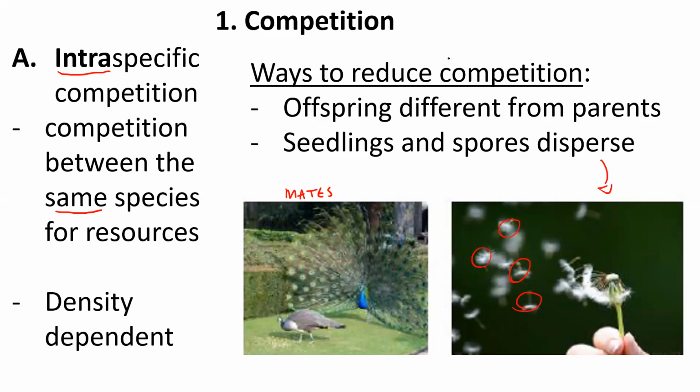Okay, and offspring from different parents. Ways of making offspring different from the parents, rather. Through sexual selection and reproduction, variation is going to actually reduce intraspecies competition because you're going to be slightly different than your parents. You can exploit different niches, which we'll look at a bit later on.